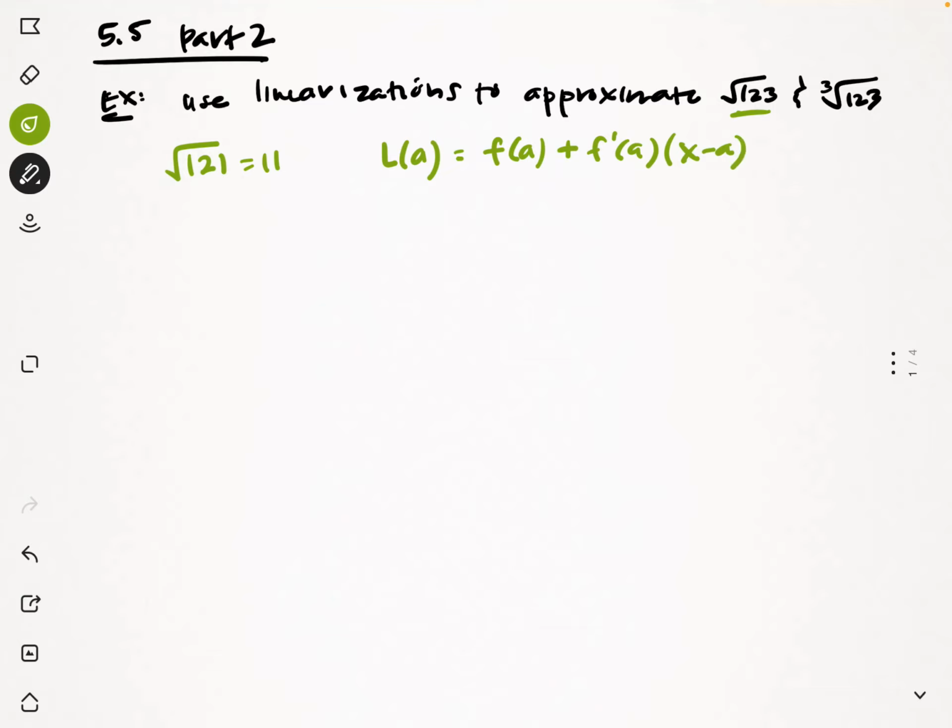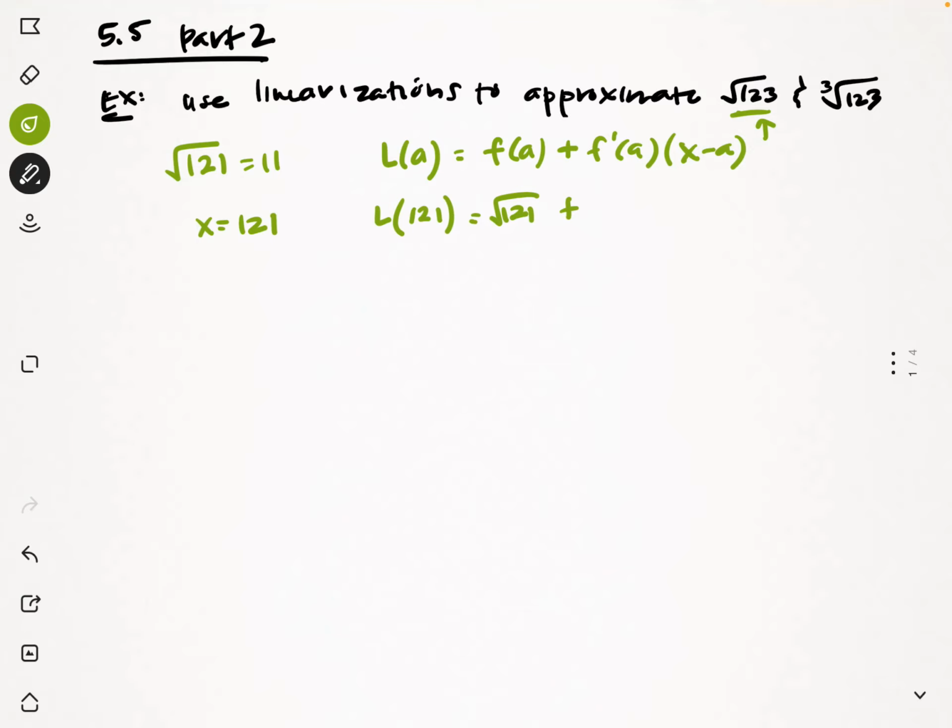Our a is going to be 121, so we should say L of 121. And the reason being, the closer our a is to our actual value, the better the approximation is going to be. So we're going to do f of 121, which is the square root of 121,